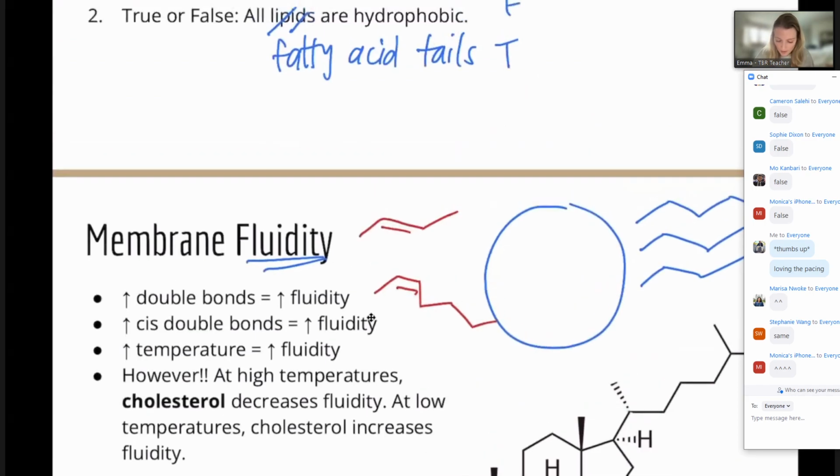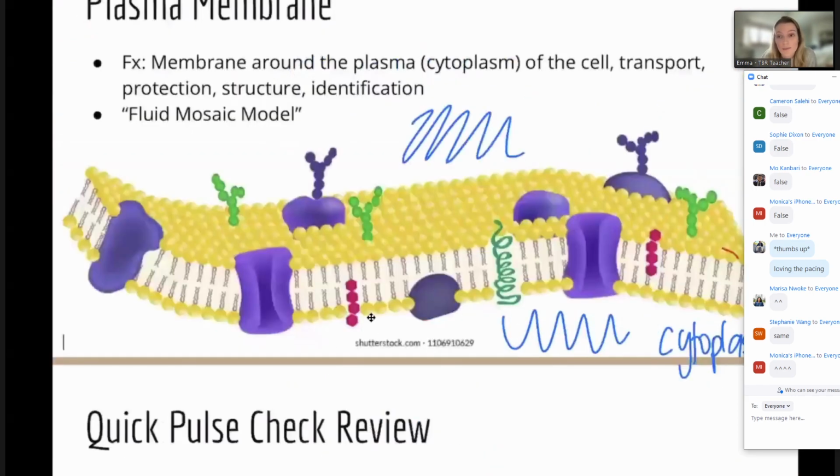When we're thinking about our plasma membrane, our bilayer, if we think about these little tail guys sitting all next to each other, they can sit all nice and perfect, saturated tail after saturated tail after saturated tail. But if we need a little bit more flexibility and a little bit more fluidity, then it's actually going to be beneficial to have unsaturated fatty acids in there to throw off the pattern a little bit and create some space.